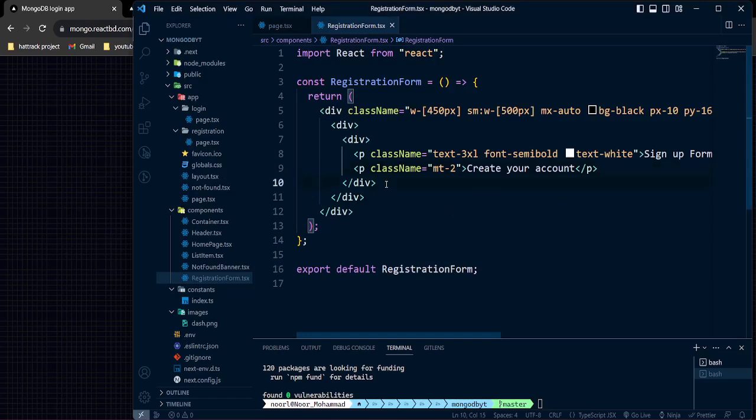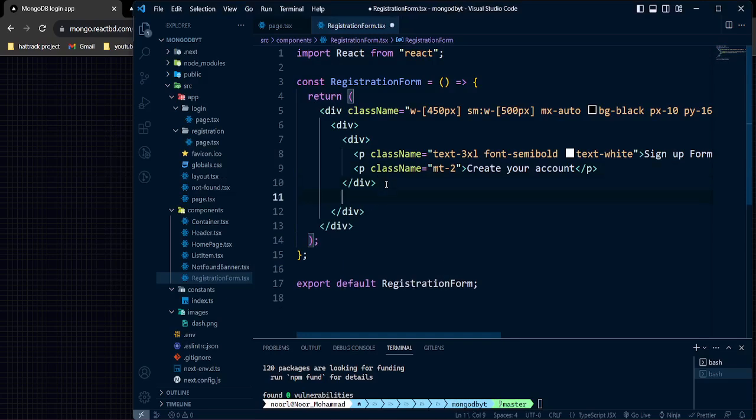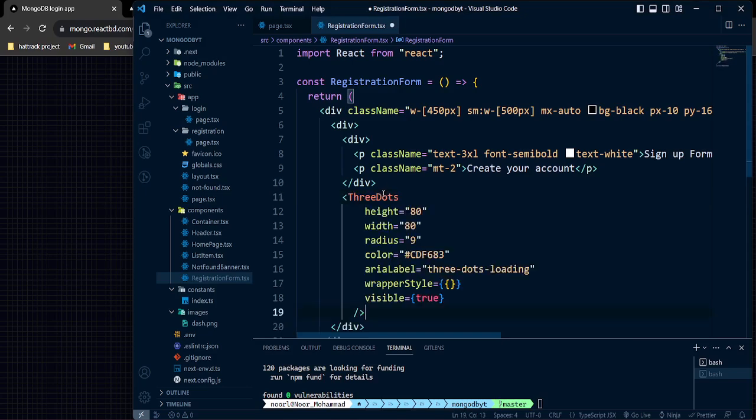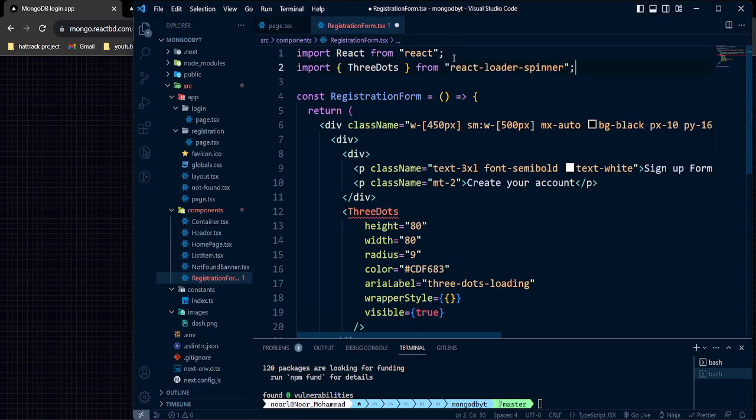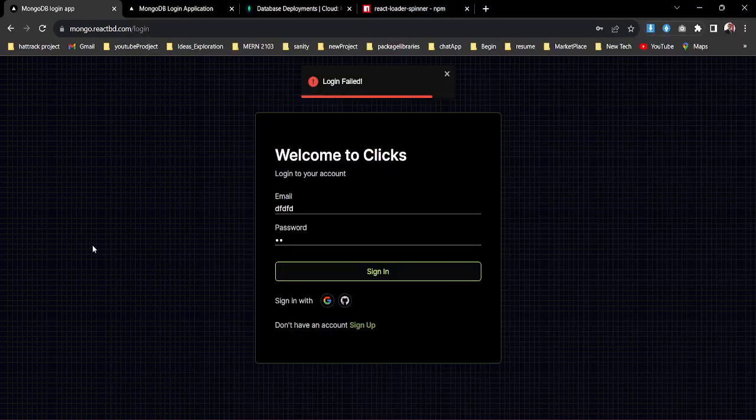To do that, after that div, because that's the div we are keeping, here we can just pass that loading portion, and that loading thing will be that one. And also we need to import that one. Let's import it, that 3 dots. Okay, 3 dots imported. So if we just click save,